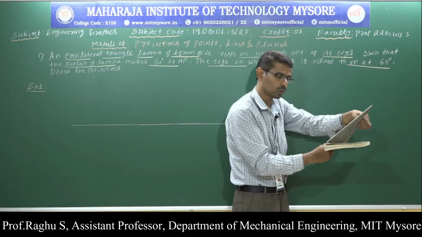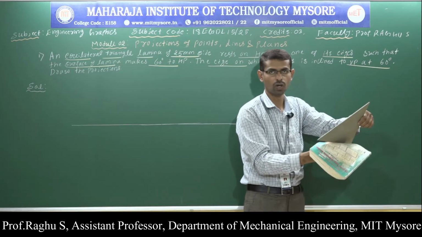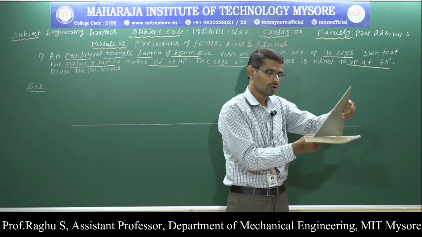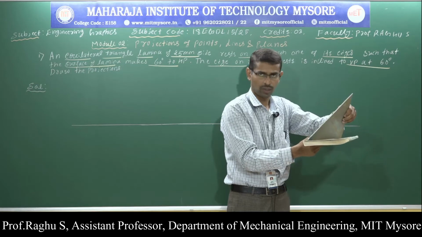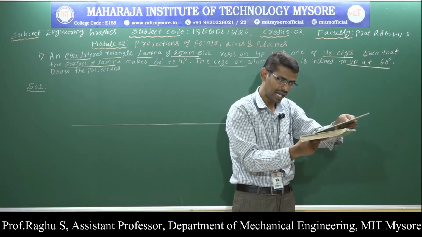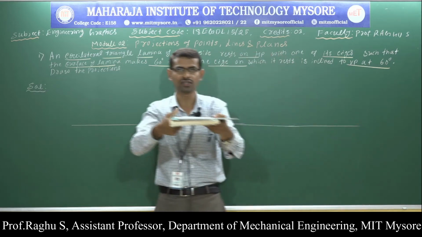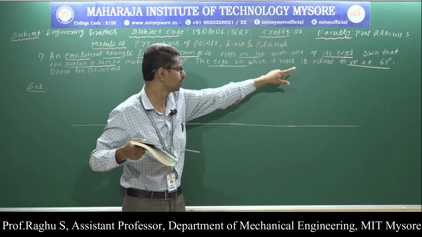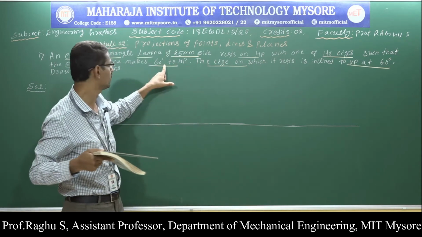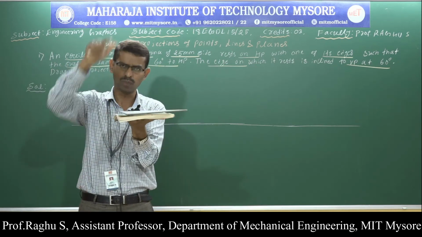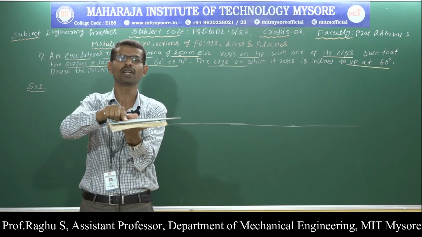In this position, I am supposed to write the top view and front view, but I cannot write the top view and front view at this position because I do not get the true shape. So first, what I will do, first place the lamina completely on HP like this. You ignore all inclination, you ignore 60 degree inclination with respect to VP, you ignore 60 degree inclination with respect to HP. You ignore all inclination. First place the lamina completely on HP.